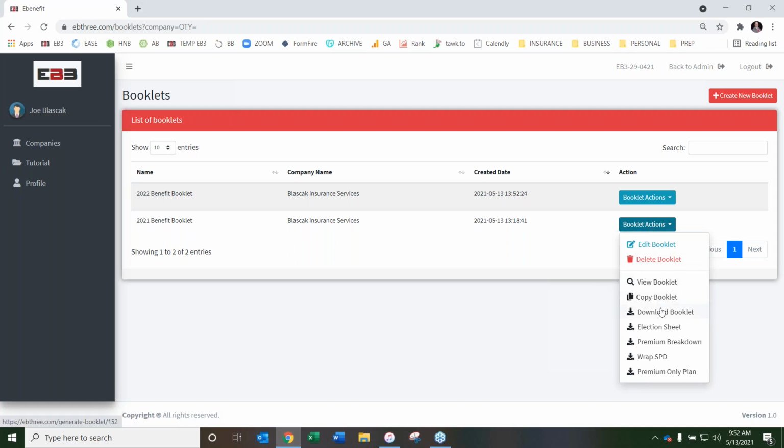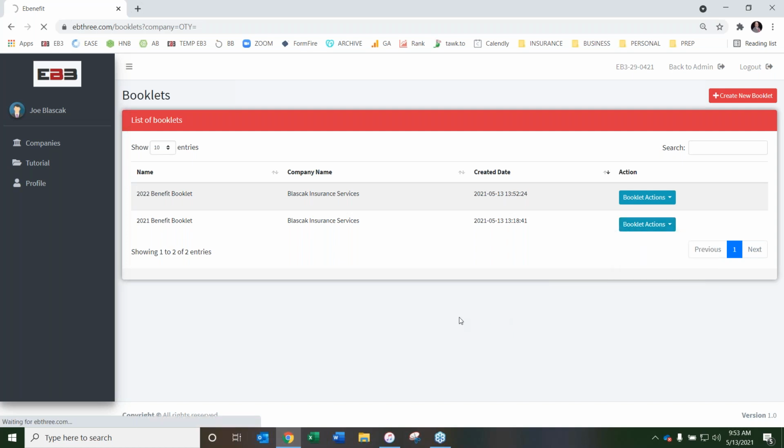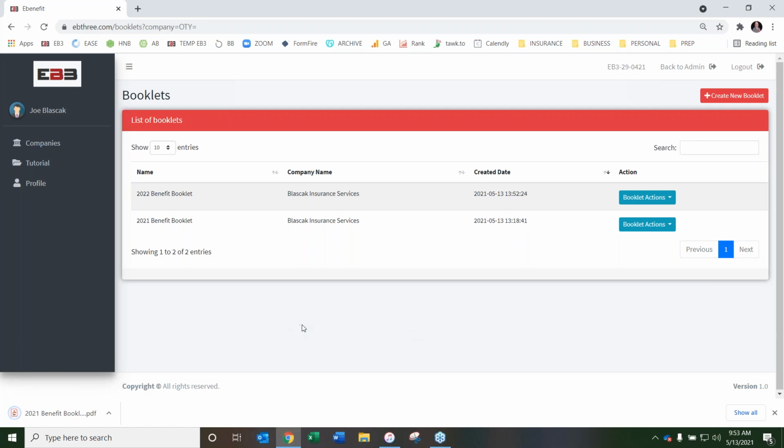If you just, instead of viewing the booklet, if you just want to download it to a PDF, you can do that. Now, here's two things: election sheet and premium breakdown. You didn't do anything to create these. These are a byproduct of everything that you've entered into the system. So for those companies that do not want to do online enrollment,